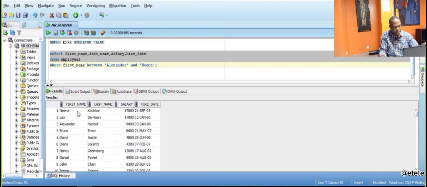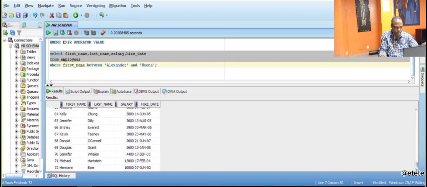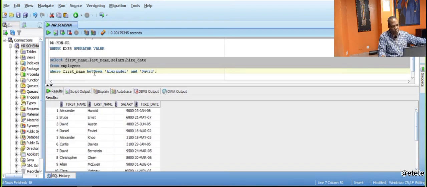Now look at Nina, Lex, Alexander, Bruce. Well, how many? Let's see how many names were returned. 72 names were returned. So that is the between operator. Then we will now look at the in operator. The in operator is used for